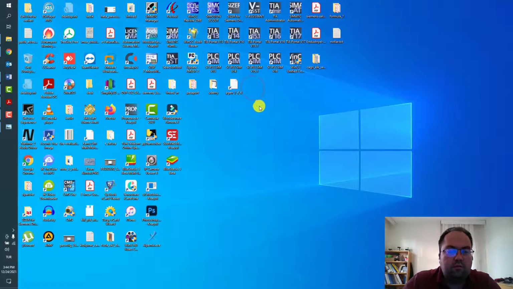So maybe you can consider using a virtual machine or VirtualBox to run image files of Windows, and inside the same computer it's possible to open the older project files.